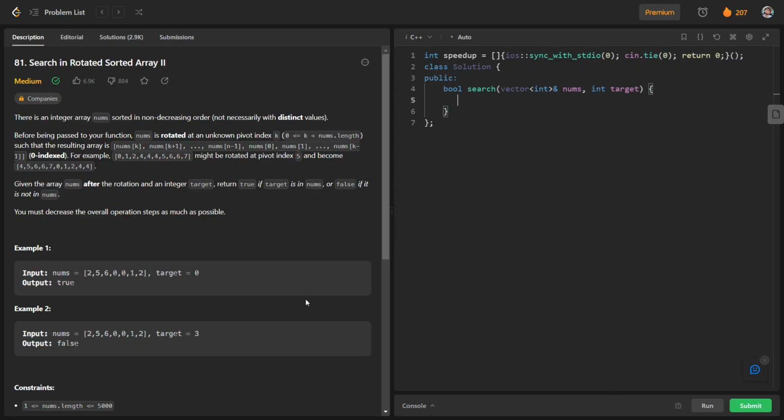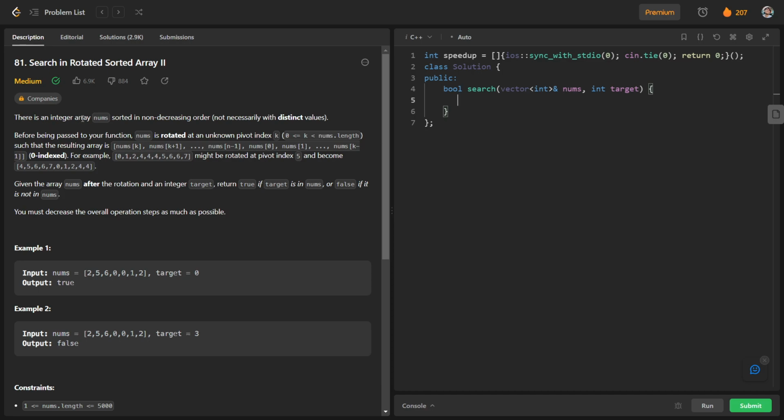This is our today's question on LeetCode, and this question is basically the daily challenge on 10th August, and the question is Search in Rotated Sorted Array 2. So basically this is the second part of Search in Rotated Sorted Array. So we will read this question first and we will try to figure out how we can solve this question.